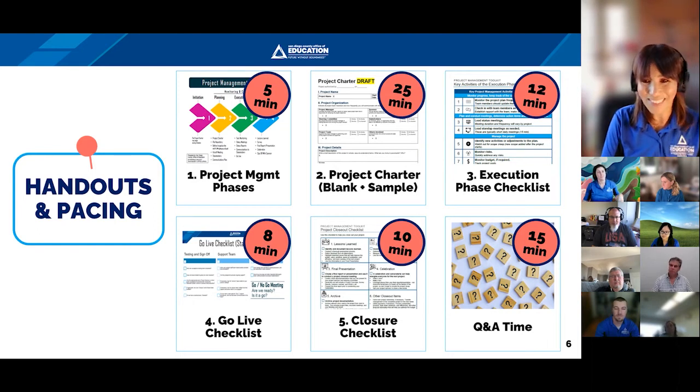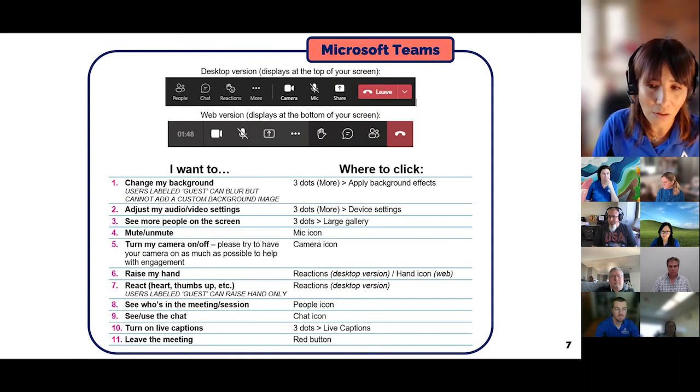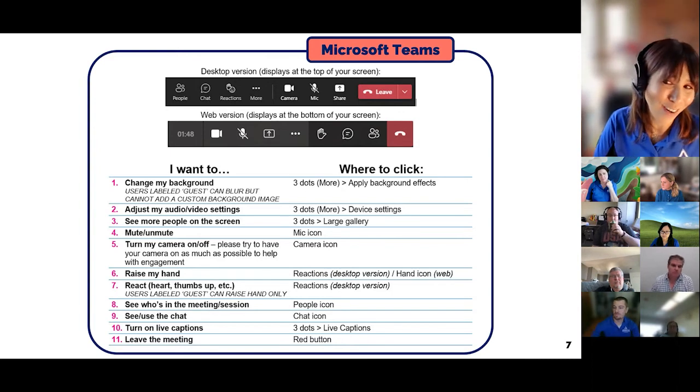Okay, now one more piece of housekeeping. We did email you a Teams cheat sheet, and if you're new to Teams, I just wanted to call out 2 things that are going to come in handy during this session. One is we would love to interact with you. So we've got a chat button. It's either at the top of your screen if you're on the desktop app, or it's toward the bottom center if you're on the web version. But the chat screen is where you're going to go to put in information. So if we ask you for a question and we ask you to reply via chat, that's where you can put it. If you've got a question, you can pop it in the chat.